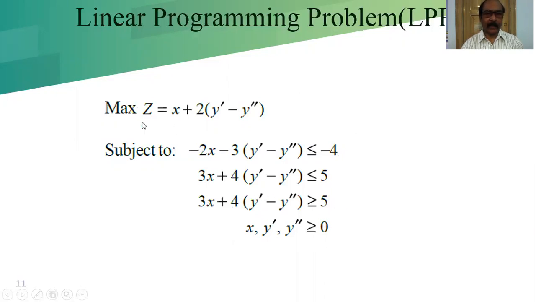This is actually a maximization problem. So before that, we have to convert the third constraint by multiplying both sides by minus 1, because it is not satisfying the canonical form. So before starting the dual problem, you have to convert the third constraint by multiplying both sides by minus 1. So rewriting the given primal, we get